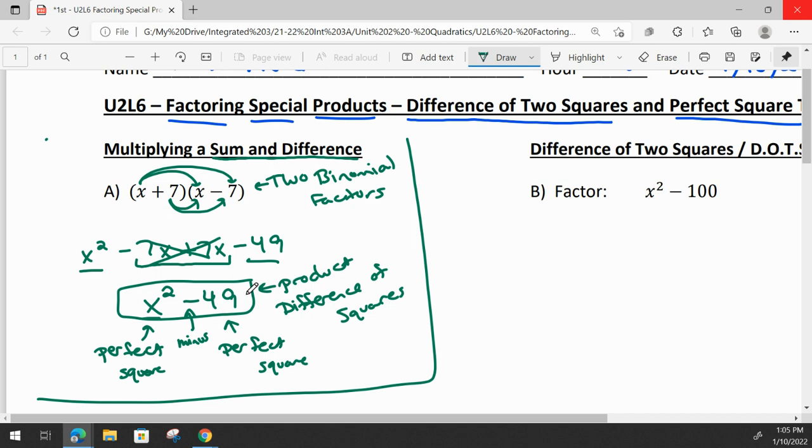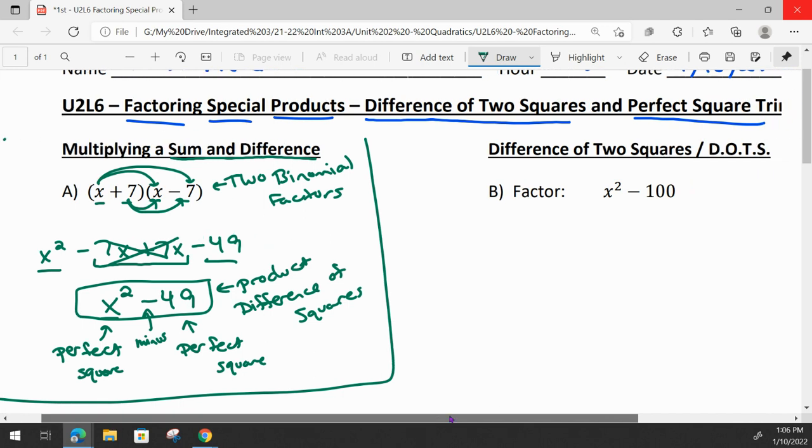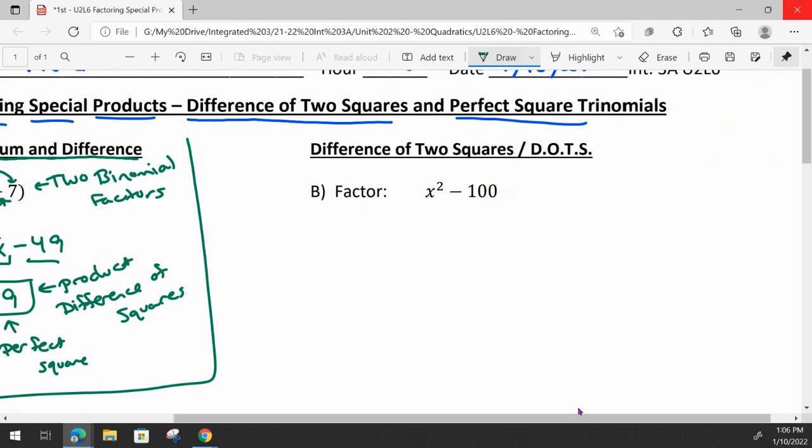All right, so now see this x squared minus 49? It looks a lot like this x squared minus 100. So if you were factoring x squared minus 49 into its two binomials, the x squared would factor into x and x. The negative 49 would factor into positive 7 and negative 7. So we have almost the exact same thing over here, x squared minus 100. So number one, you have to learn to recognize that this is a difference of two squares,